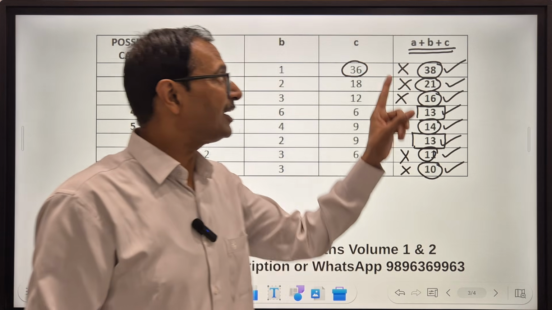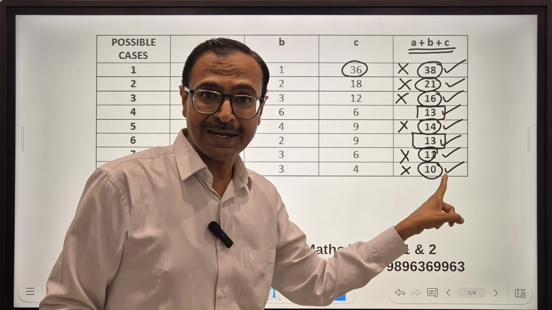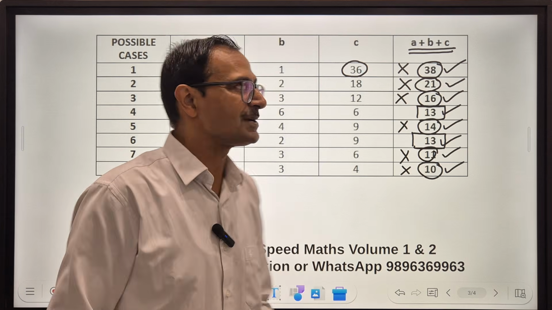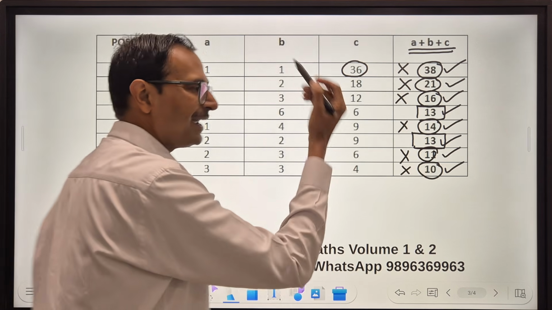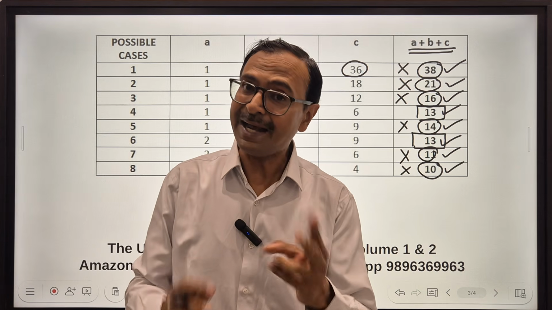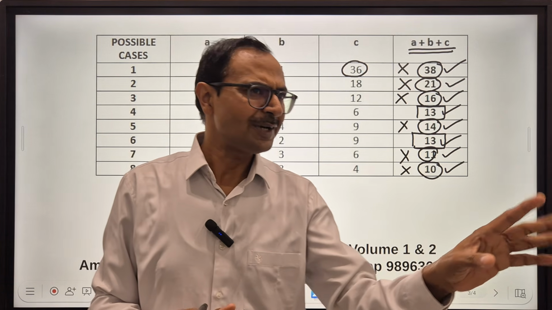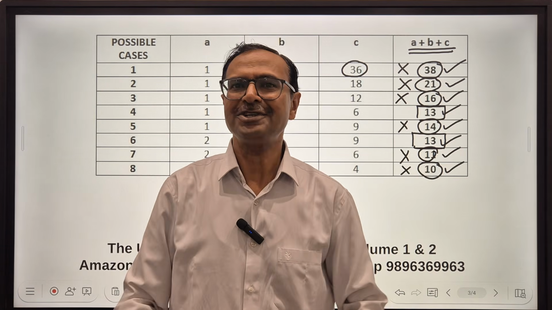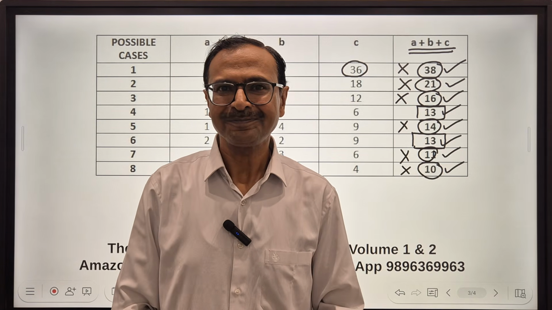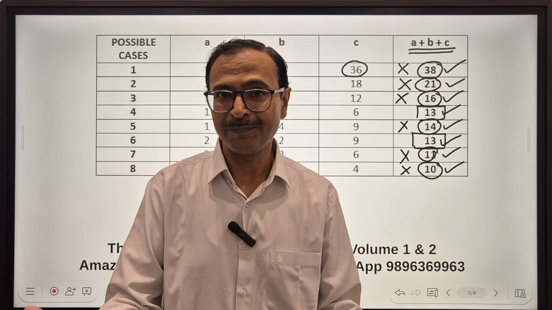Why? Because if the number of chairs in the park were 13, then there are two possible answers, 1, 6, 6 and 2, 2, 9. There are two possible answers, and that is why he said, oh, 13 chairs. So there are two possible answers. So the data is insufficient. I can't tell you the exact answer. Now you need to tell me something more.